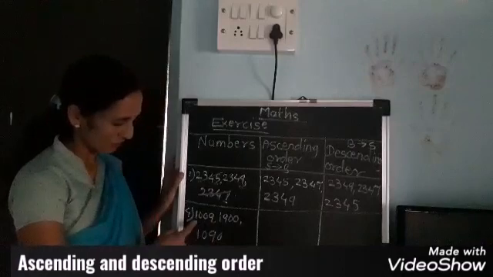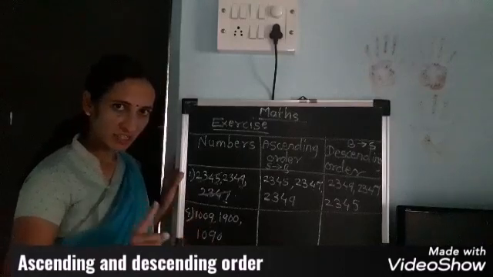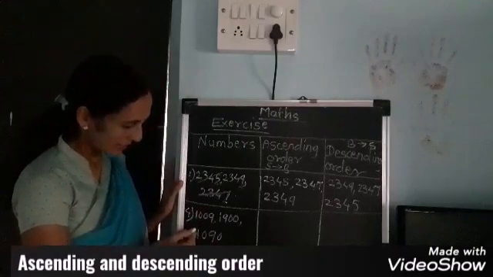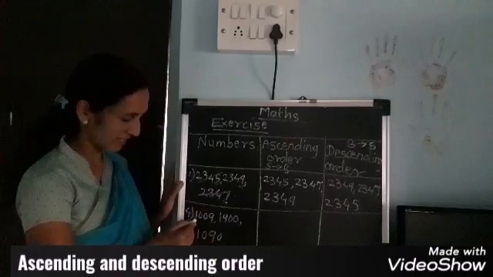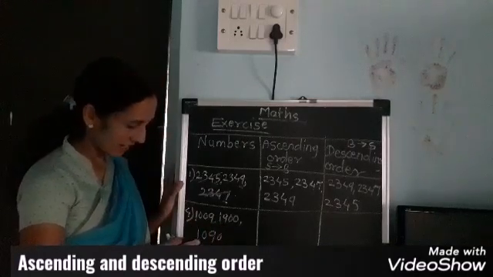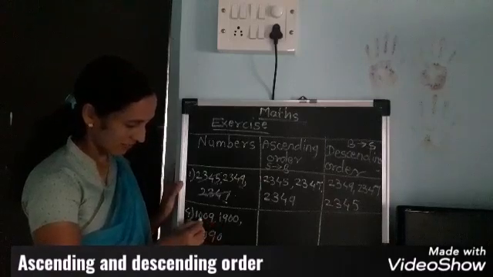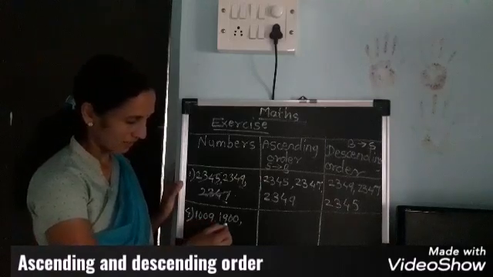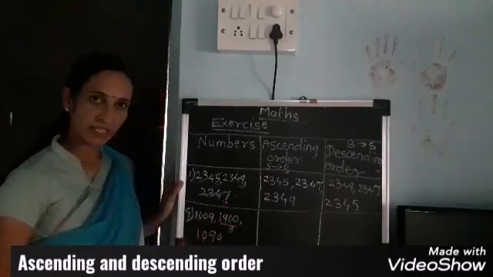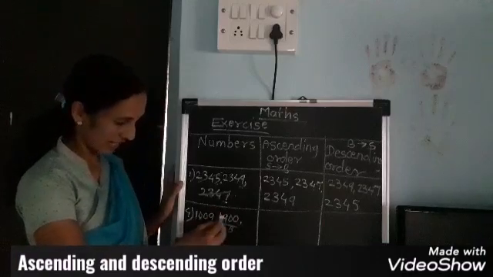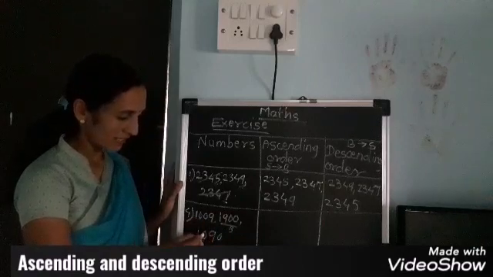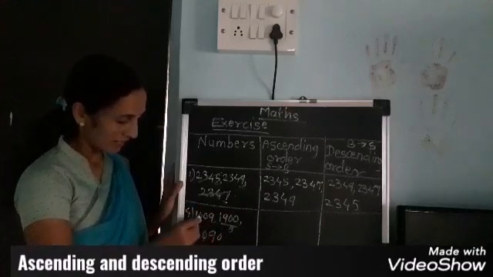A little confusion because 109 only is in each number. These digits are present. 109. So first consider the thousand place. Here 1, 1, 1. Same digits, so don't consider the thousand place. Now next, here the 100 place. Here 9, that means it is the biggest number. We have to write it at last because here 9 and here at the 100 place 0, 0 is there. Then which is the smaller one of these two? Then at the 100 place 0, 0.